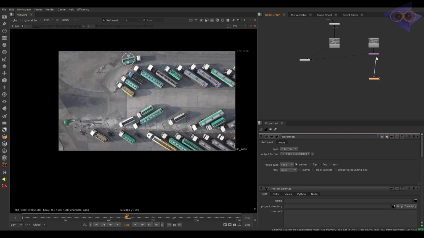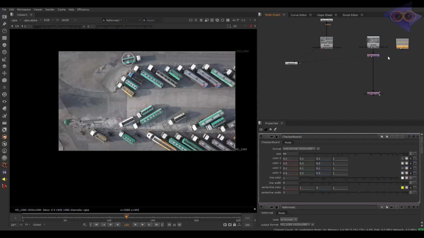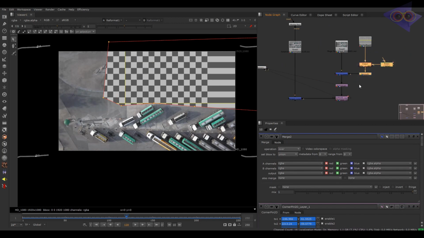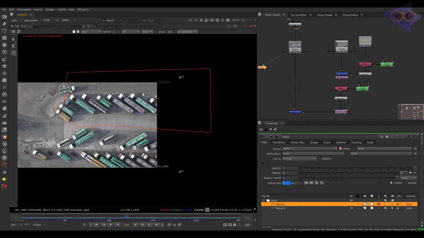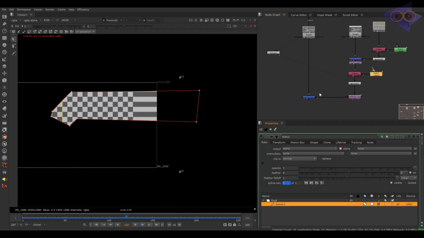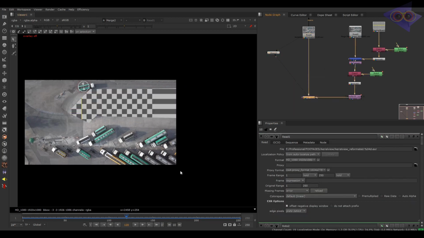Cool, let's connect the track to the plate. I'm showing the megaplate usage roughly using a checkerboard. Our setup is ready. Now let's see how our megaplate is helping us.